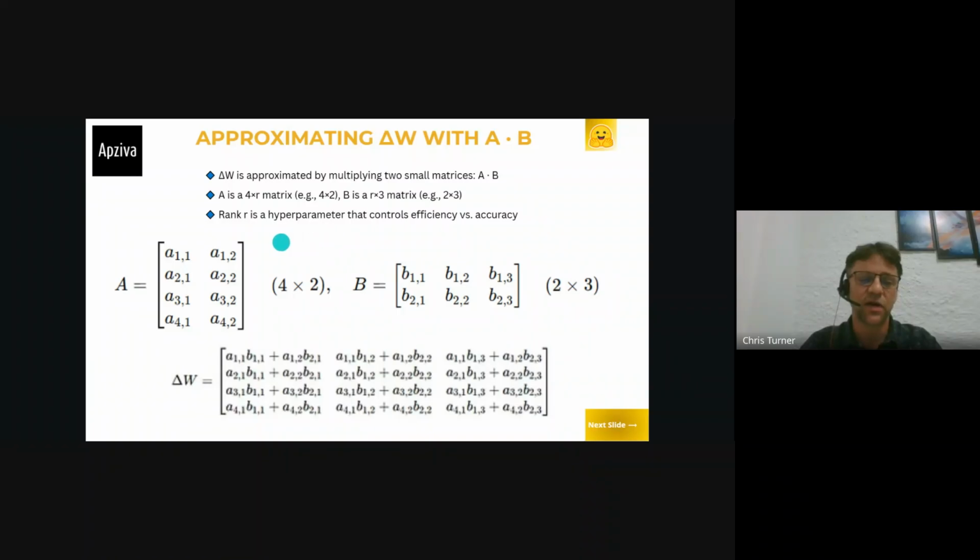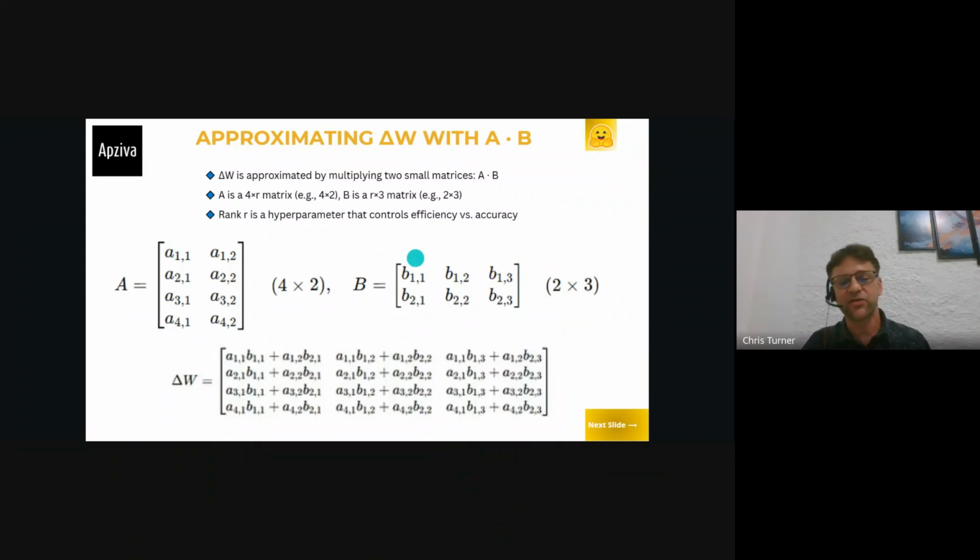And so how is this really helping us get the change in W, or what we should change the weights to? And the answer to that is through the magic of matrix multiplication. So here's the empirical formula of how this works.